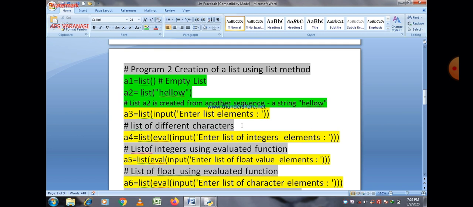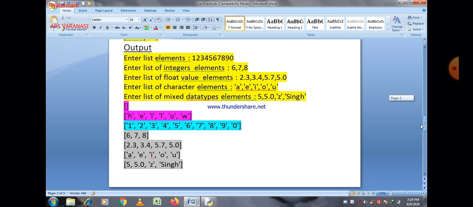They are a combination of characters, so here characters are printed. But as you see in the case of A3, the elements of the list are numbers, and when we want to print this list, all the elements of this list are considered as characters.